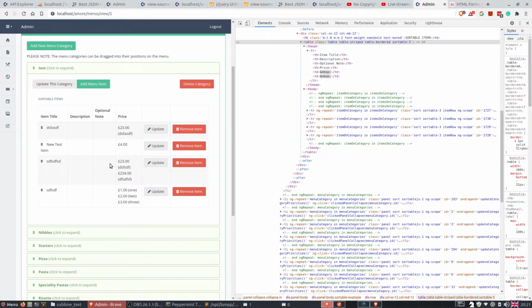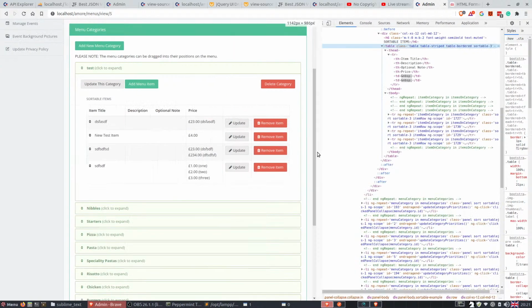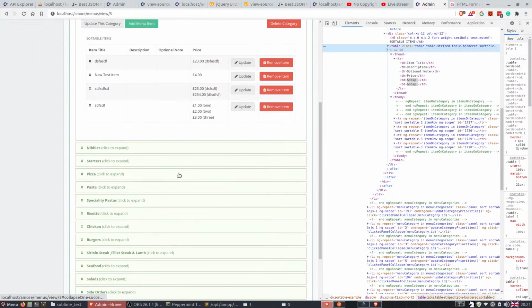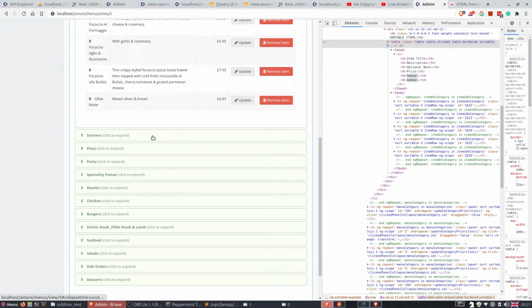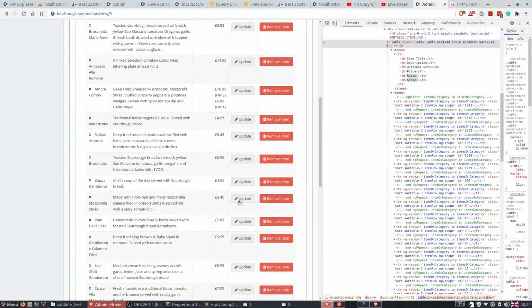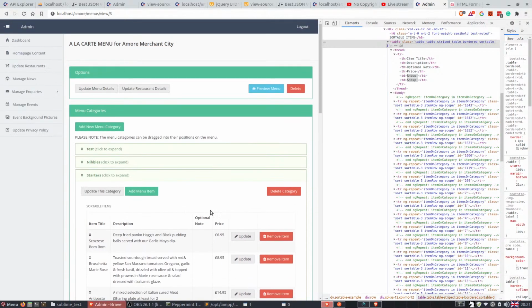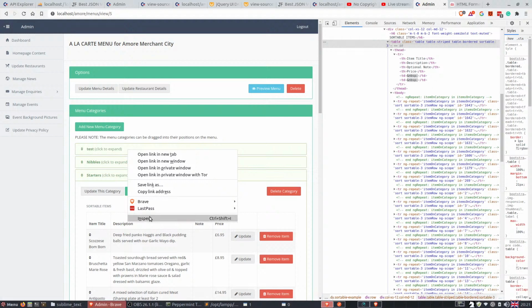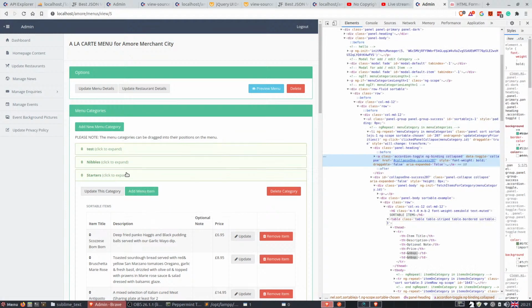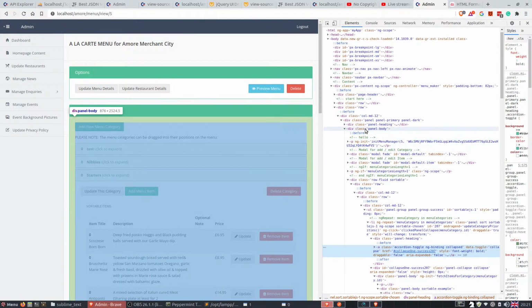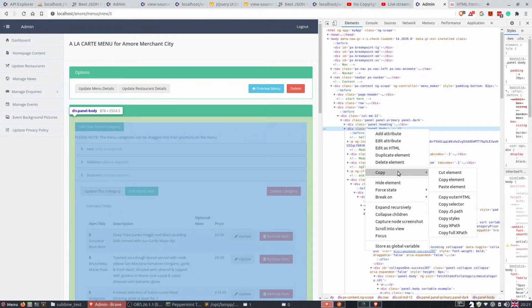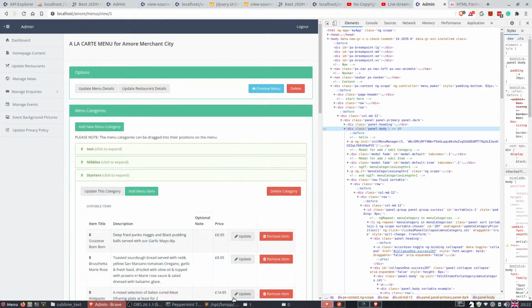If you look, this one is made with Angular. Now, I made this, by the way. Do you see how these have all got menu items here? First of all, do you see how slow this is? It's really, really slow, and it's got all of these items. Now, if I right-click here and inspect, there's no point in doing view source. But if I inspect and then I say copy this element,